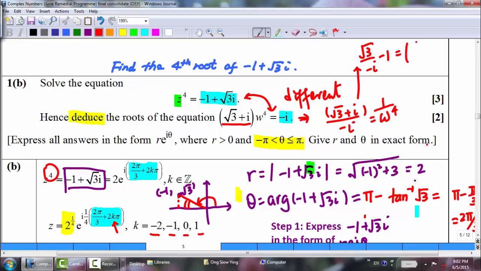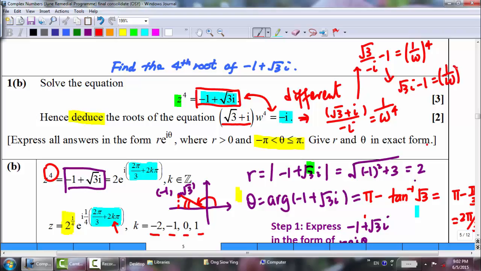Then the other side, the W, I bring it over. So I get 1 over W power 4, which I can take out the power 4 here. Then it still looks quite different as compared to this. Still looks quite different. Okay, so what should I do? Should you try to simplify square root 3 over minus i? When you simplify it further, what do you notice? How do you simplify this, by the way? You multiply by the conjugate of the complex number, which means you multiply by i, both numerator and denominator,